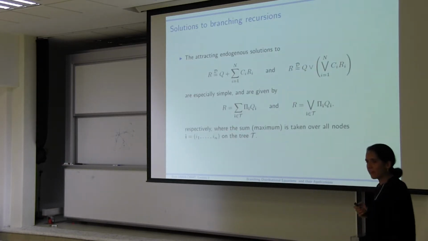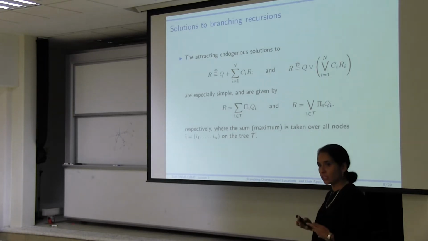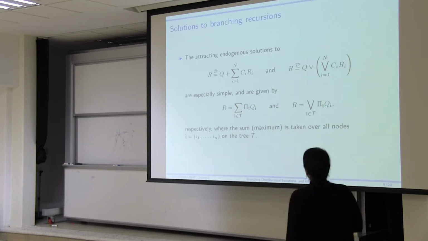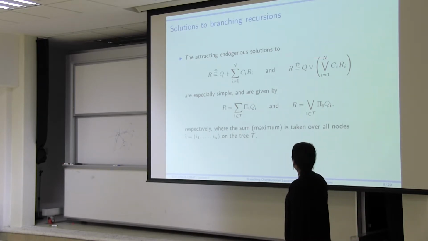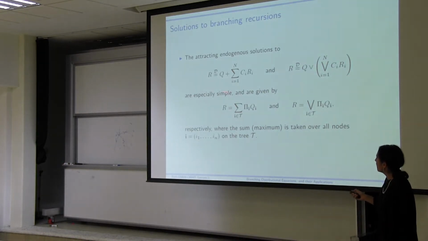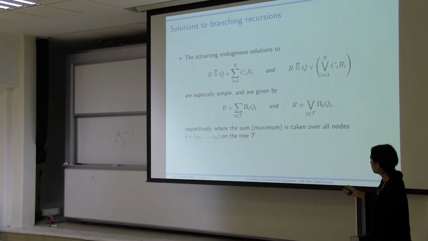Let's go back to the computational aspects, because that will give me a chance to give you some open questions that I think are interesting, worth publishing, and not that hard to solve. So let's go back to these 2 solutions that I mentioned yesterday. We have the smoothing transform over here, and we have the higher-order Lindley equation here in its multiplicative form, right? And I already argued yesterday that the attracting endogenous solutions to both of these are the sum of all the weights over the entire tree for the non-homogeneous smoothing transform, and the all-time maximum over the tree of the weights for the higher-order Lindley equation, right?